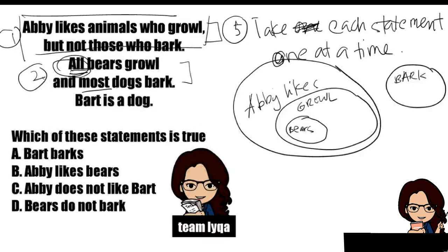Ayan, anong difference sa drawing ng most at saka ng all? There's a big difference. Kasi, kung ito ang animals who bark, okay? And ang sabi, most dogs bark, ibig sabihin yung mga dogs na hindi nagbabark. So, anong mas malaking bilog? Ang mas malaking bilog would be yung circle ng dogs. Okay? Circle ng dogs. Okay? Ibig sabihin, some of the dogs do not, some dogs, okay, you don't have to write this down when you do it, pero I'm just writing this for visual representation.